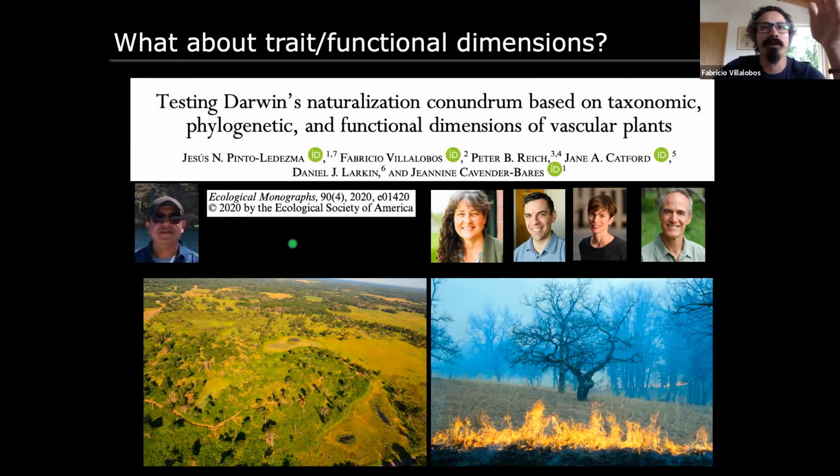And what he found out, I'm not going to show all the details, was that the non-native or exotic species tend to occur with closely related natives, mainly across the whole time. The functional structure doesn't change, but the phylogenetic structure changes. He did that in a classic experiment at Cedar Creek in Minnesota, which has data for 40 years and a fire gradient. The idea here was to use the focal species approach and also include functional traits.